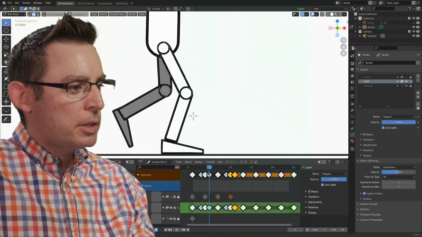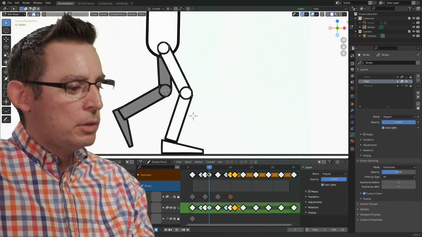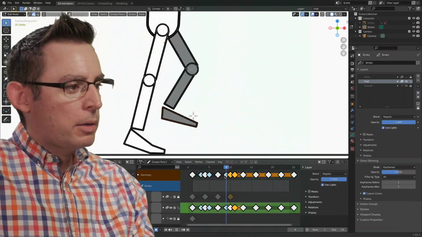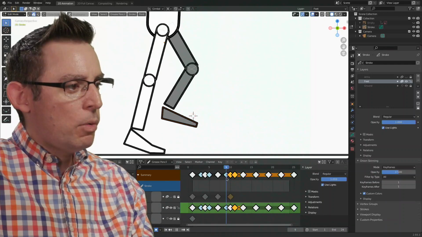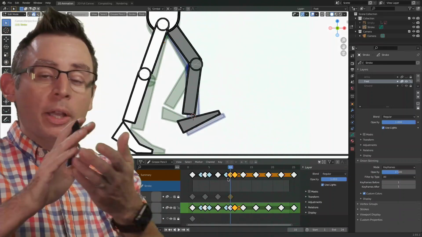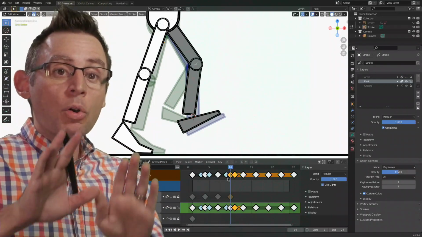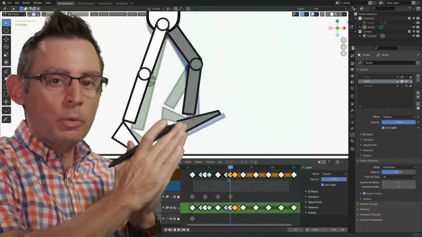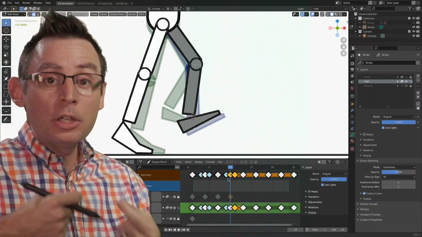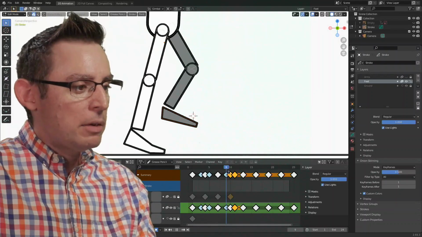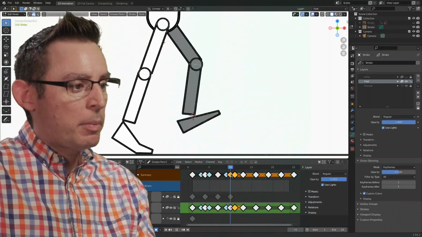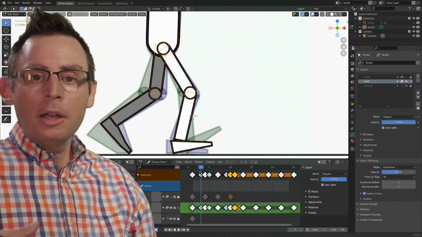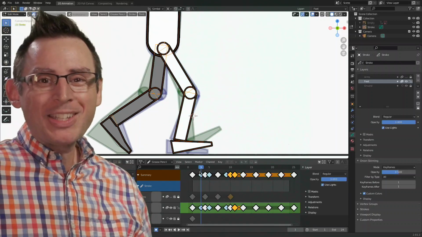And as I flip through this, just a small little movement in the knee is going to give the illusion that this is moving pretty slow. Same thing over here at the top of the arc. That gray knee is not moving a whole lot, which is by design, because we want it to look like it's slowly moving as the hips go across the top of its movement arc. I'd continue applying this principle and idea for the rest of my keyframes, establishing a really good sense of timing where we have the spacing of our drawings be relatively tight at the top of my movement arc and down here at the bottom. This is going to reinforce the idea of weight and squash and stretch inside of our walk cycle animation.